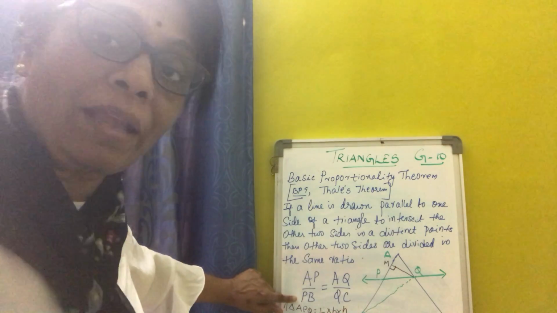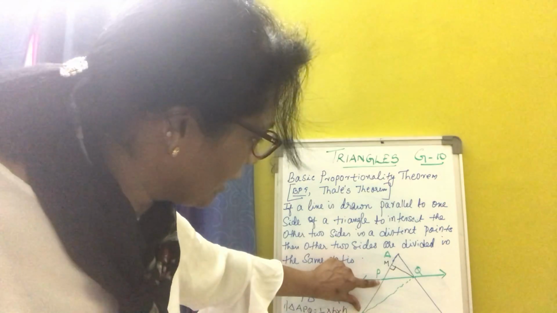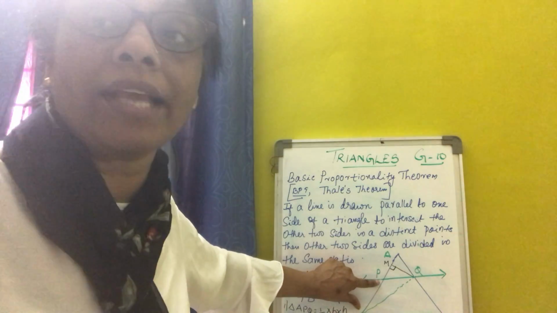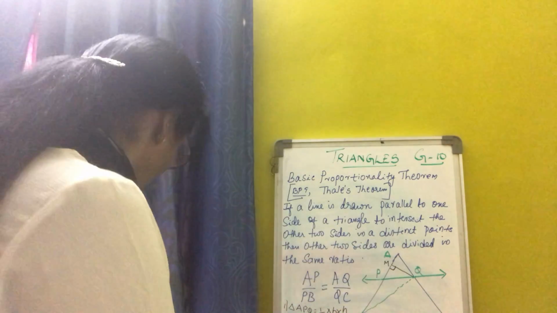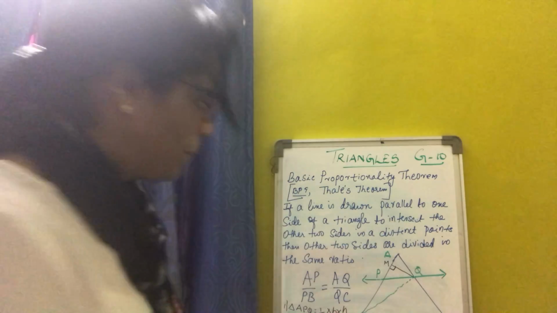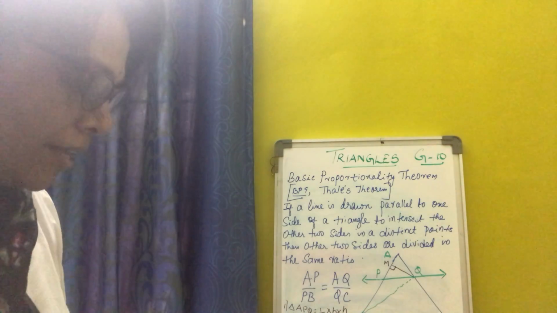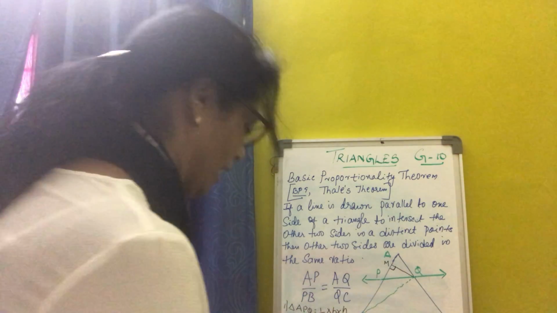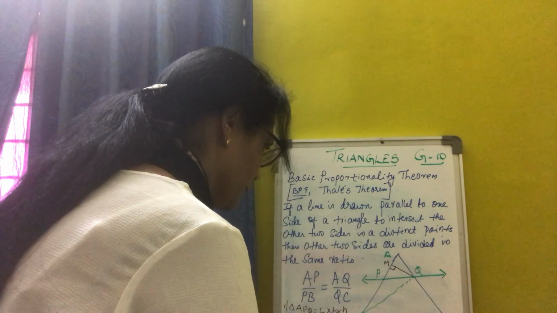Now I am moving to the PB part. Where is the PB over here? This is the PB. Now which triangle do I have to take over here? In this case, I want to take the triangle as BPQ. Earlier I said that BPQ is a scalene triangle. I hope you are recollecting the scalene triangle. What is a scalene triangle?